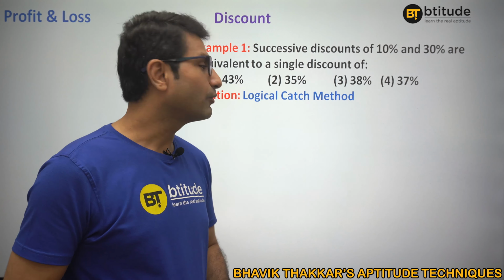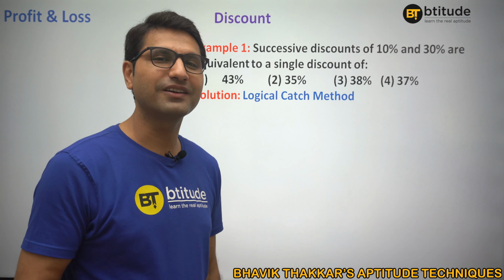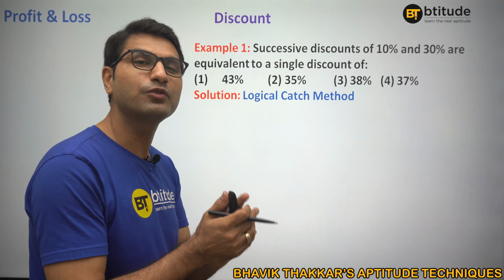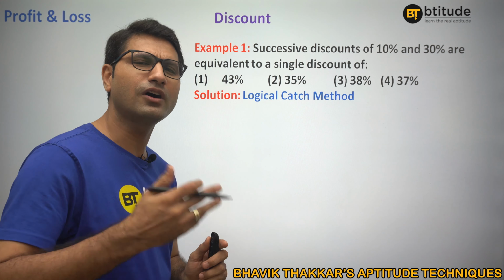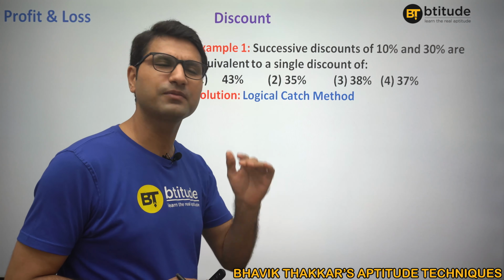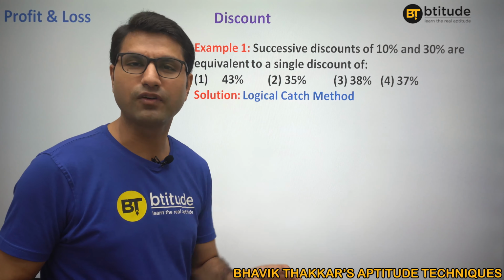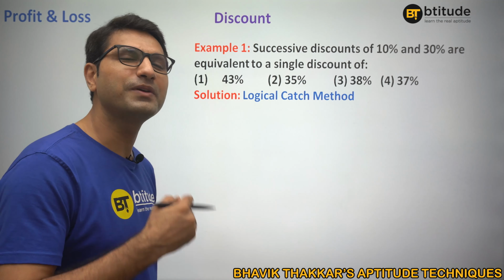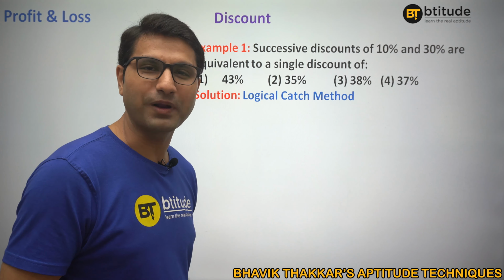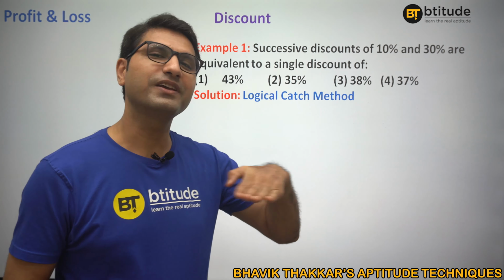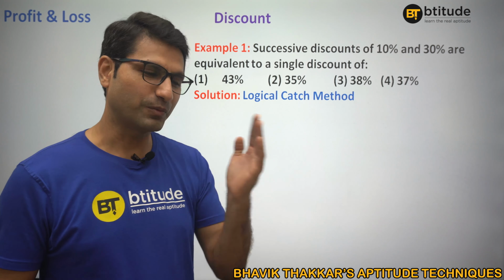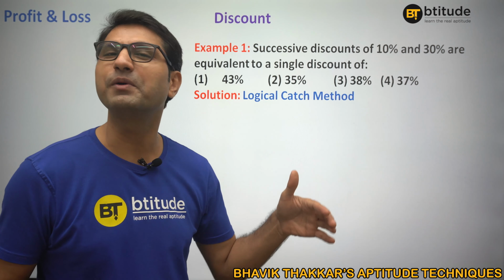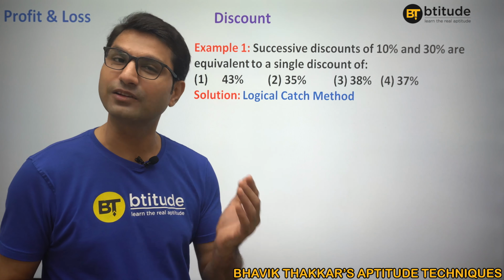Logical catch. Now look, what is logical catch? If you try to understand this, there is always a combining impact that would stand as a third percentage. You might have heard of this formula, A plus B plus AB by 100. Don't go with the formula. Try to understand what that actually means. If you understand, then it would be easy and quick for you to apply it, because that formula will not be a step. Your mind will work directly from this step to that step, and the step in between, that formula one, will not come into the picture if you really understand the things logically.